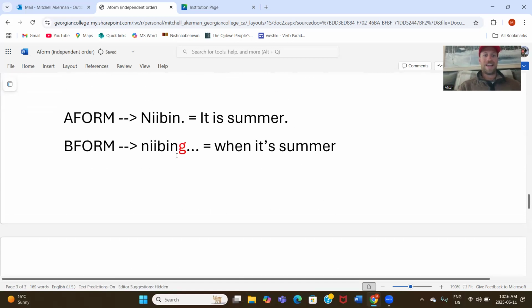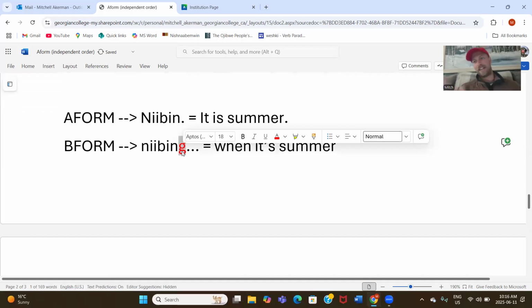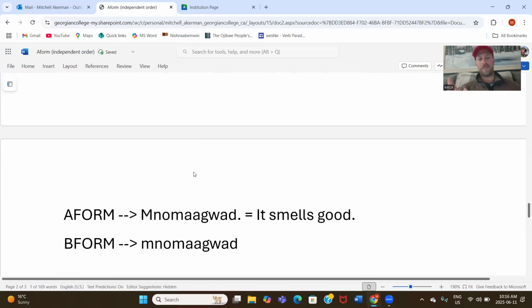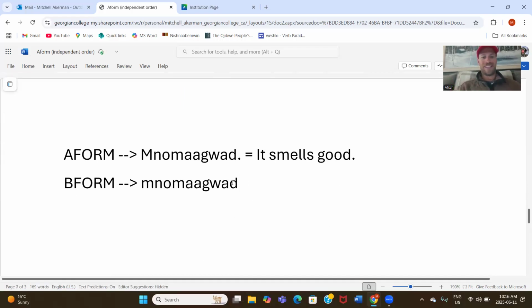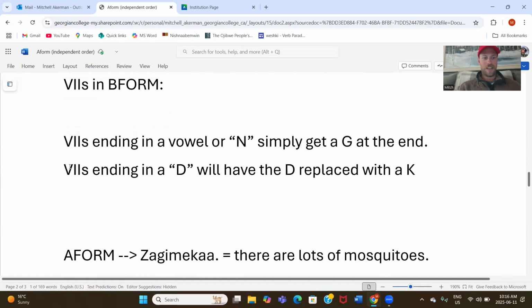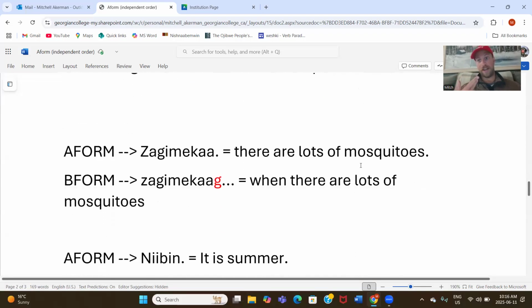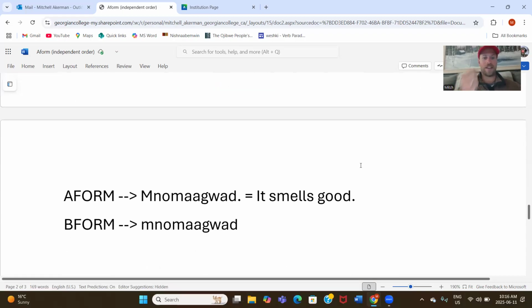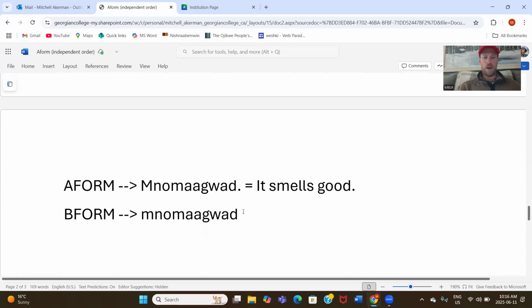With these, we're adding a G, right? You're just adding a letter at the end, which is pretty easy. For this one, Minoa ends in a D, right? So we go back up to our little list here. VIIs ending in a D, we'll have the D replaced with the K. So we're actually switching letters out. Okay. So it's just like one extra thing to think about. Minoa we replace, so I backspace the D, put a K in, and you get Minoa